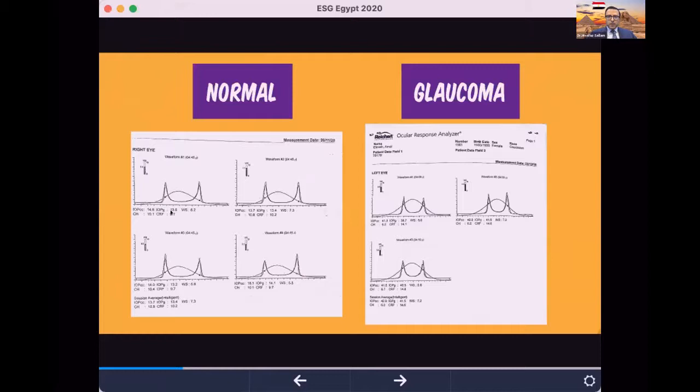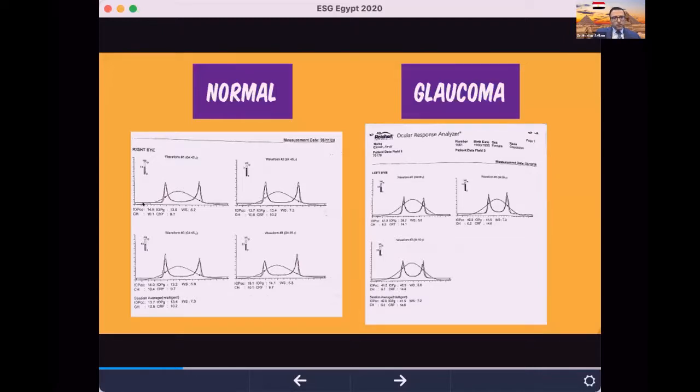There is no specific cut point for ocular biomechanics in different situations, but in general, values above 7 or 8 are considered normal. So we should consider that the corneal hysteresis is always higher than the corneal resistance factor in a patient